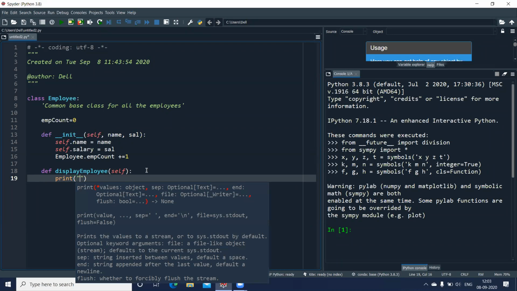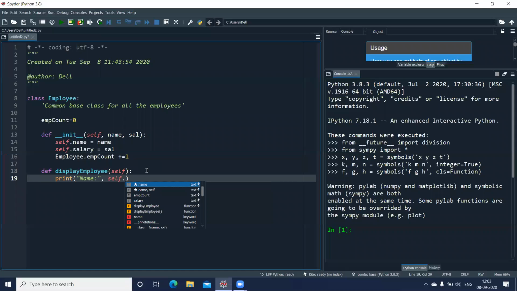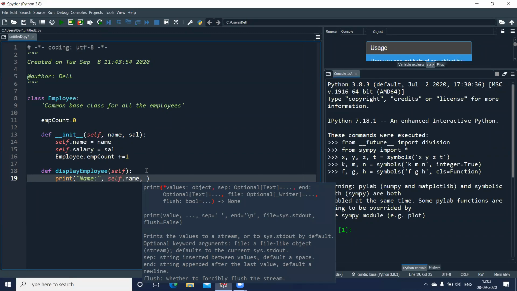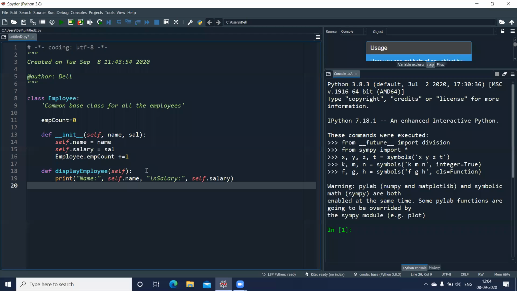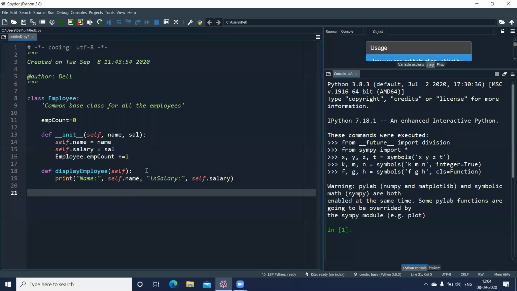I'll write name, colon, comma. Now to access the name variable, always make use of the self keyword, self.name. Then I'll put a /n to go to the new line, and I'll display the salary here. Put a comma and self.salary. This completes my simple method.